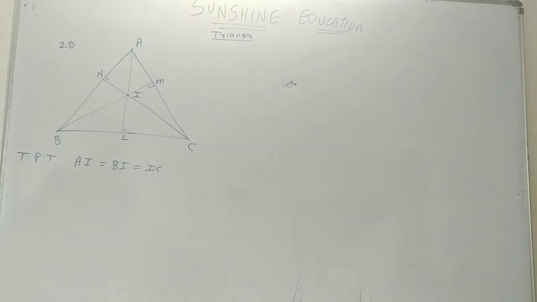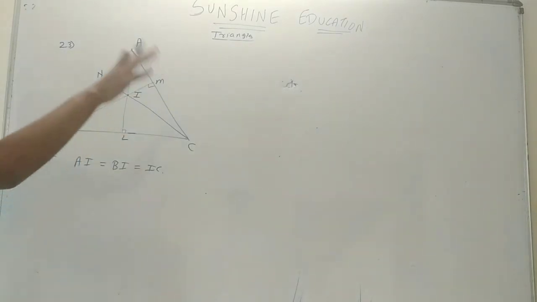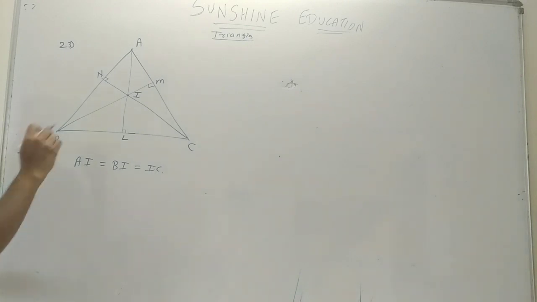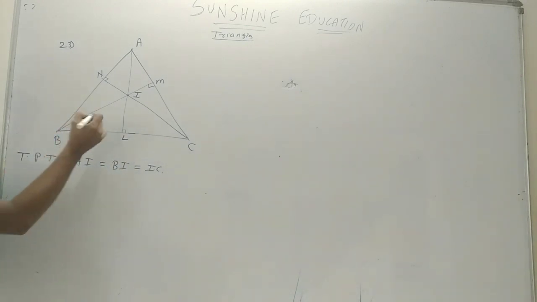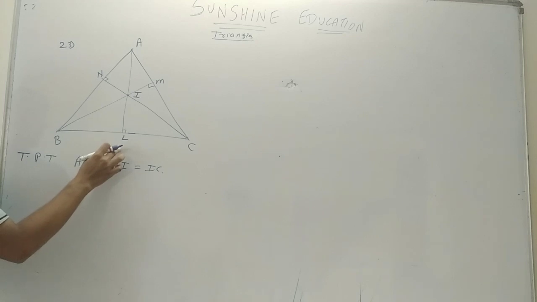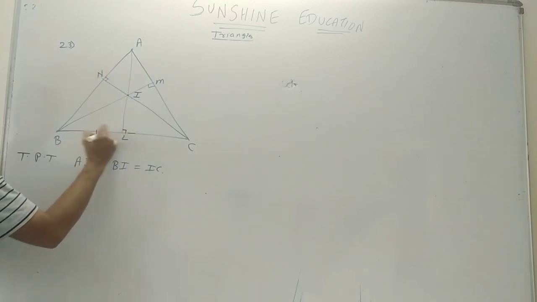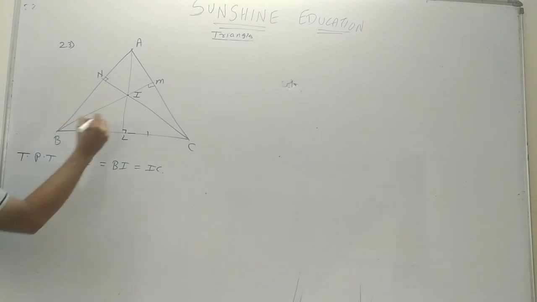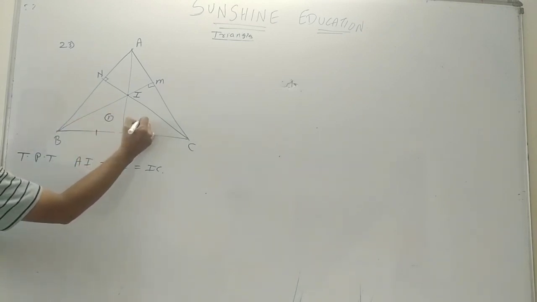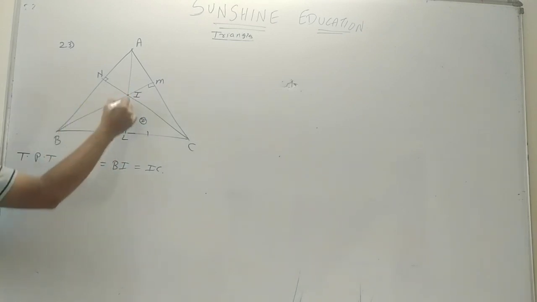Okay, now we will start with the 23rd question. I am not going to write anything, you will write it on your own. I will just show you how we can prove this equal. First we will take, see, this is a perpendicular bisector. Perpendicular bisector means there is 90 degree and two equal parts. Okay, so first we will take two triangles, that is ILB and ILC.